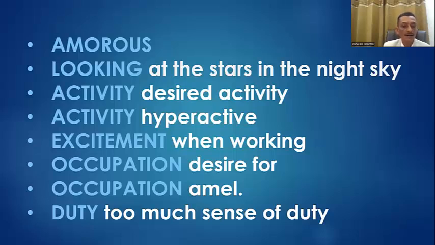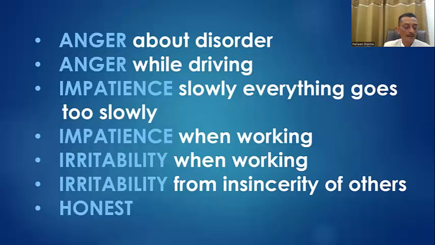Triticum has a high sense of duty. If anything happens which is out of order, it makes him angry because he wants to do his work at a faster pace. So he remains aggressive while driving. When Triticum tries to move forward in his life, he remains aggressive and impatient. He gets irritated by the insincere behavior of others because he is an honest person and expects the same from the person in front.